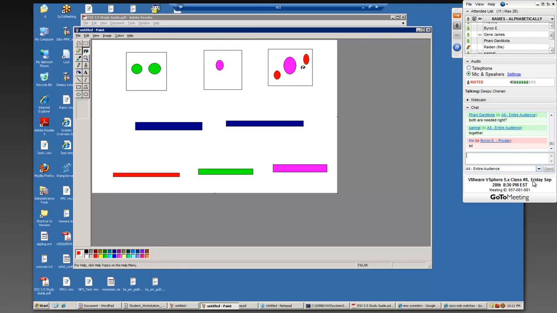Let's say this red one gets these red LUNs, the green one gets these green LUNs, and the pink one gets the pink LUNs. The question here is, now that these servers are attached to these Fibre Channel switches,